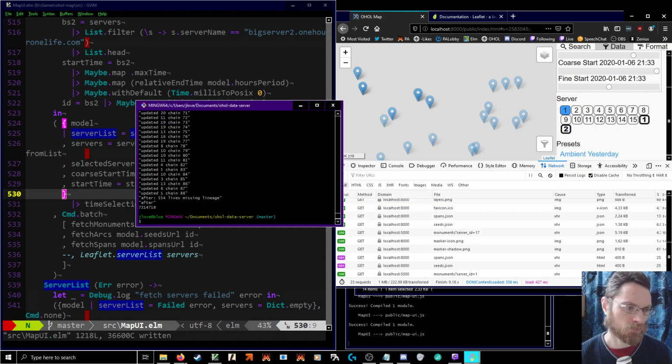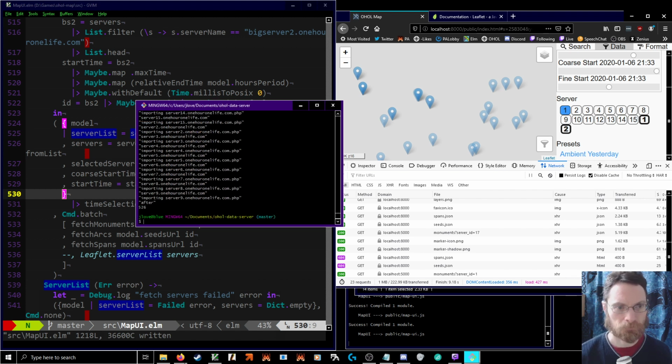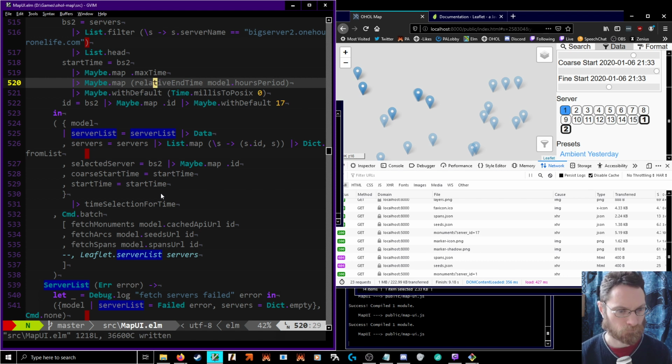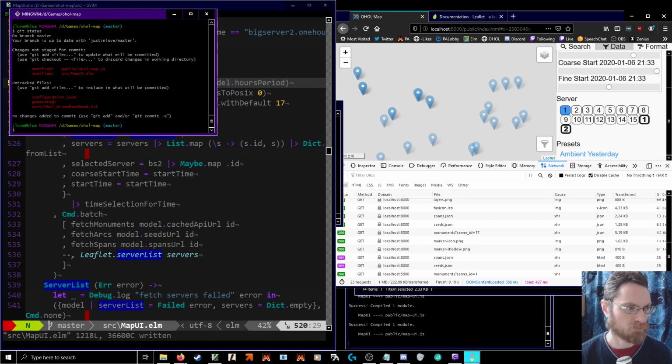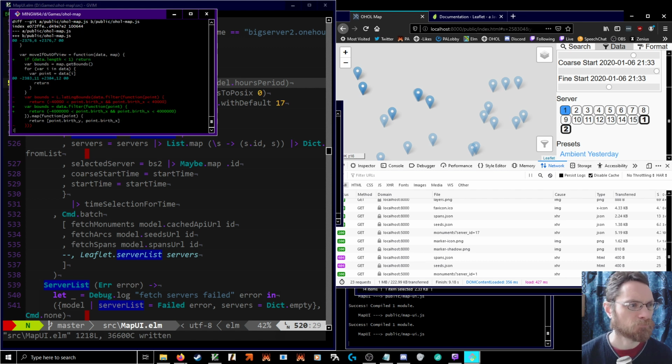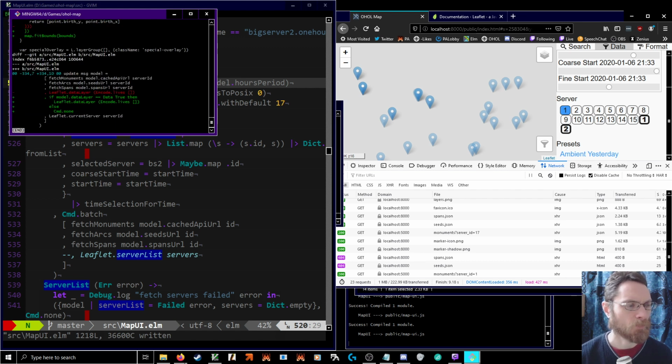Okay, you are done. I need source. All right, so fix jump to bounds. Don't enable layer